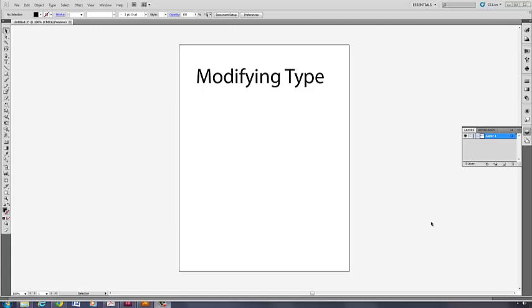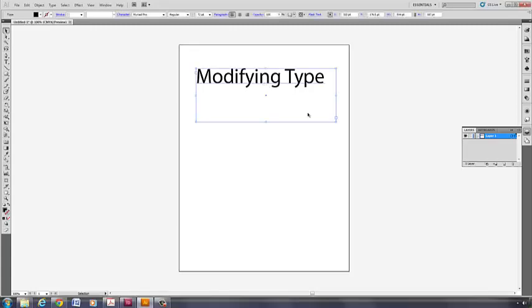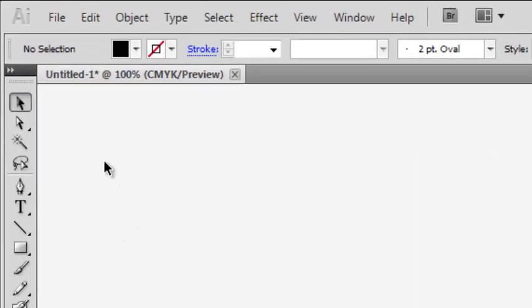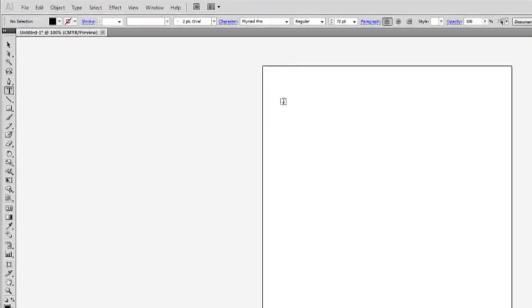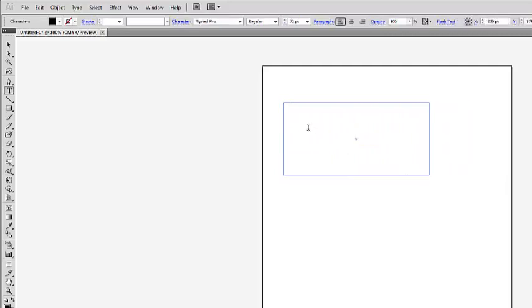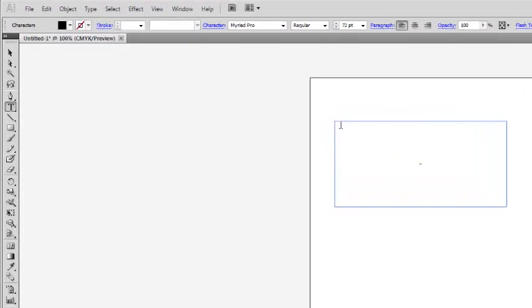So let me step you through just some basic things first to get us started. Let me delete this. Okay, first things first, to type anything, you have to use the type tool, which is about 5 or 6 tools down, the big letter T. Click the big letter T, draw a text box. And when you draw a text box and you see the flashing cursor, just like you would see in Microsoft